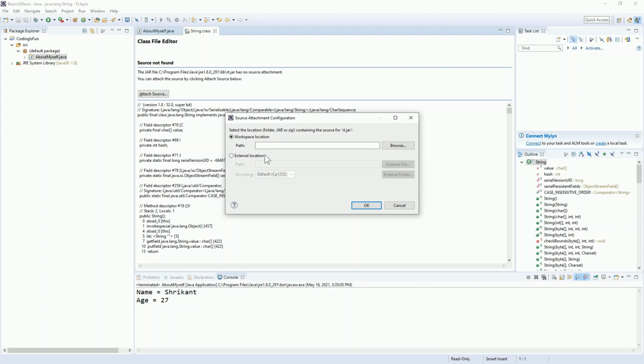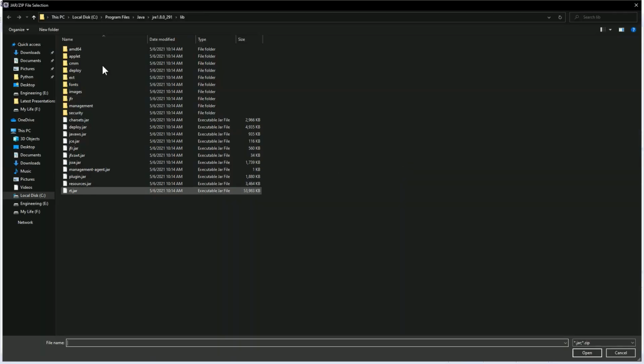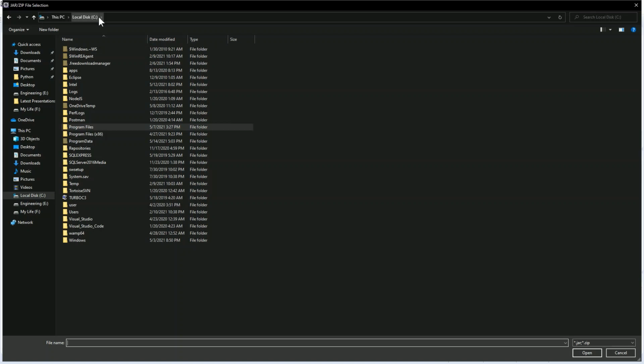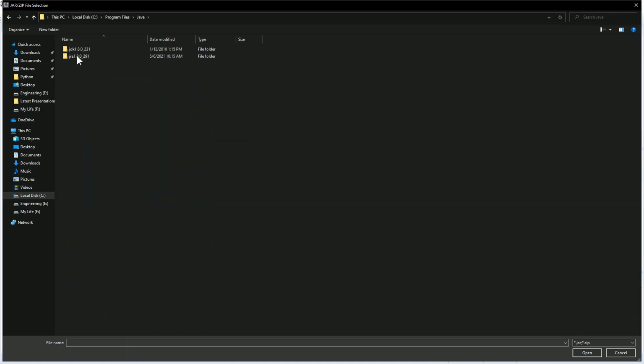There are two sections, workspace location and external location. Click on external location, go to external files, click on your directory where you have installed Java, C program files Java, go to JDK and find where your source.zip file is.